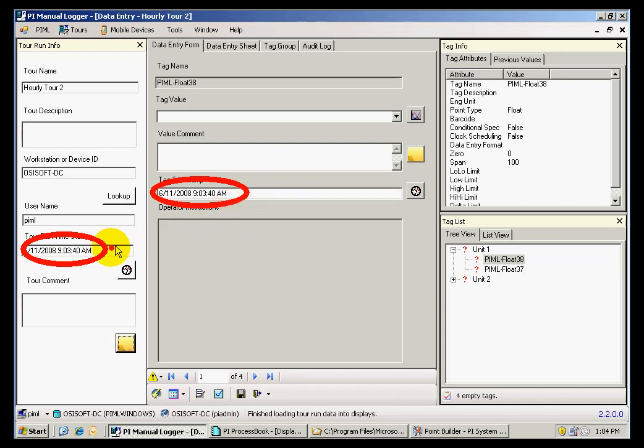However, the time can also be edited in here, and let's say that I collected this tag at 9:10. I can change that time, and when the data is saved, it will be saved under the 9:10 a.m. timestamp. I'm going to collect my data, and I'll say that float 38's value is 20. I go to the next tag by clicking on it, and I say that the value here is 25, and